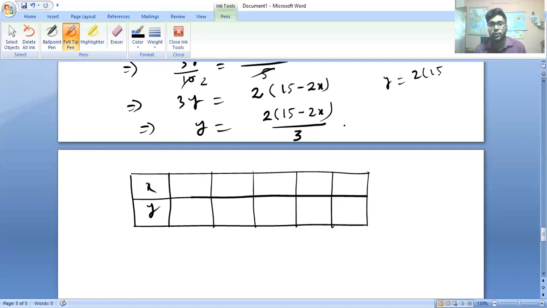2 into 15 minus 2 into 0 means 0. Now, if you cannot do it directly, you do it in the rough and then you put the value. We have 2 into 15 by 3. So 3 5s are 15, that means 5 2s are 10. So if I put x is equals to 0, then the value of y comes 10. Right? Similarly, now, if we put x is equals to